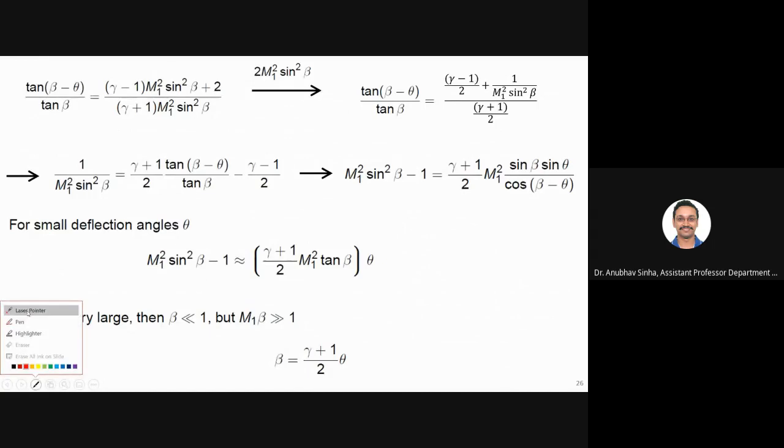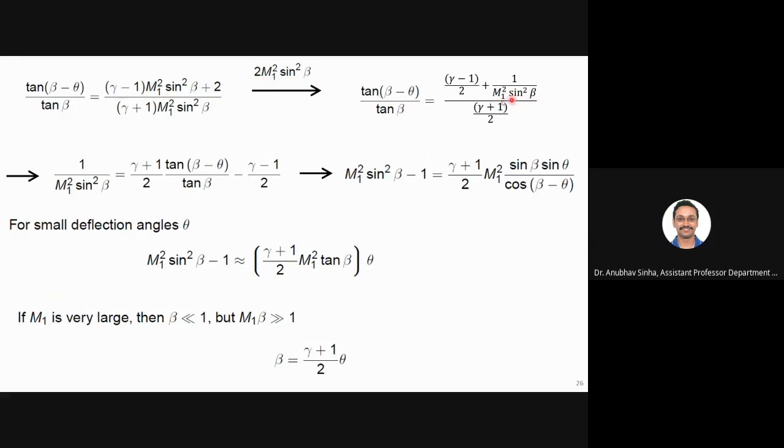We have derived using, as I mentioned, some basically trigonometric rearrangement. We have relation between theta, beta and m, right? Now if this relation RHS you divide by this 2m1 square sin square beta, what will happen? This term will go, you will have gamma minus 1 divided by 2, right? Gamma minus 1 divided by 2, and this is 2 only, so the 2 will get cancelled. It will have 1 by this term.